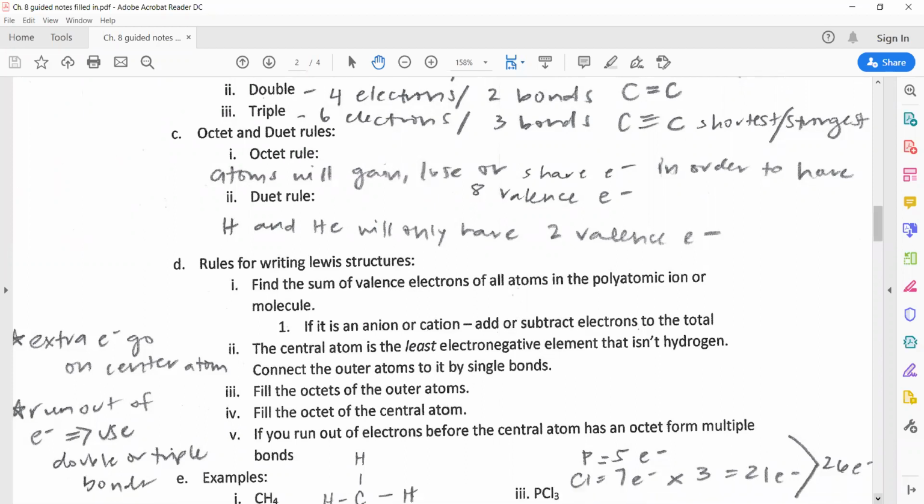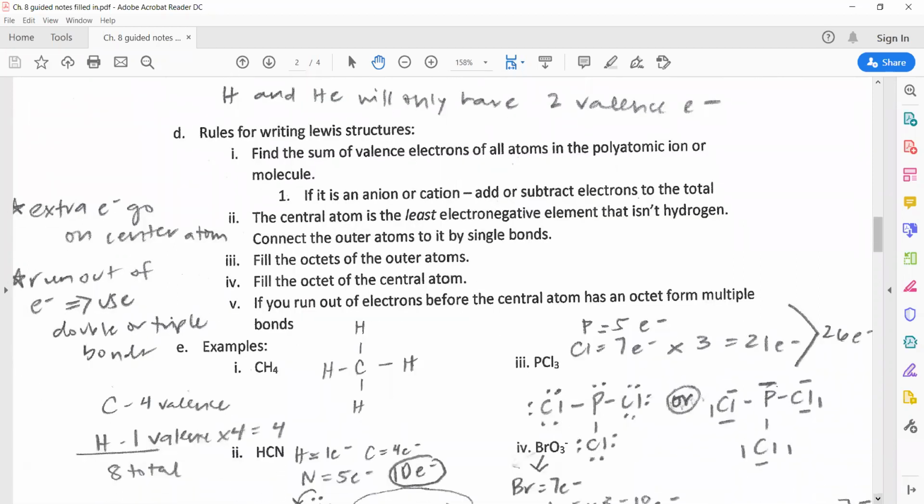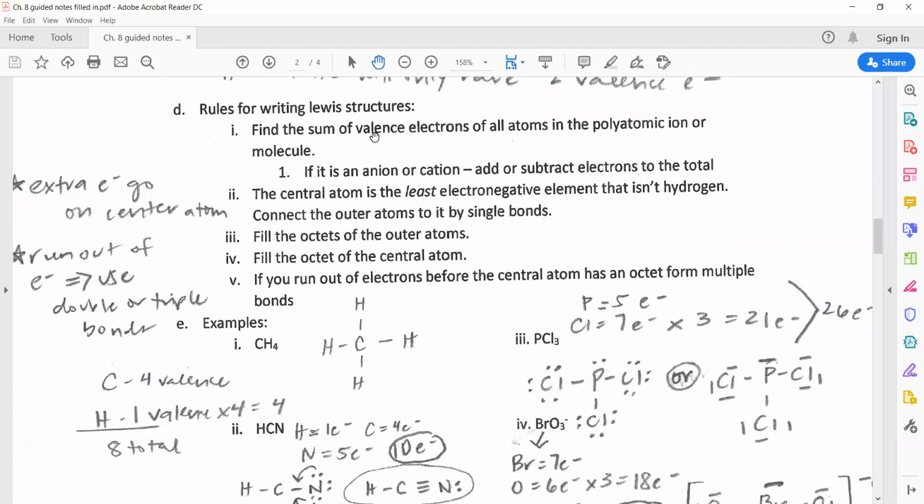So here's our rule for writing Lewis structures. First, we have to add up the valence electrons for the atoms in a molecule. And I'm realizing I don't think we've mentioned this yet. Oh yeah, we did. Valence electrons, if you go back to last chapter, we talked about how you can find them from electron configuration, but the quick rule here is if you look at the periodic table,